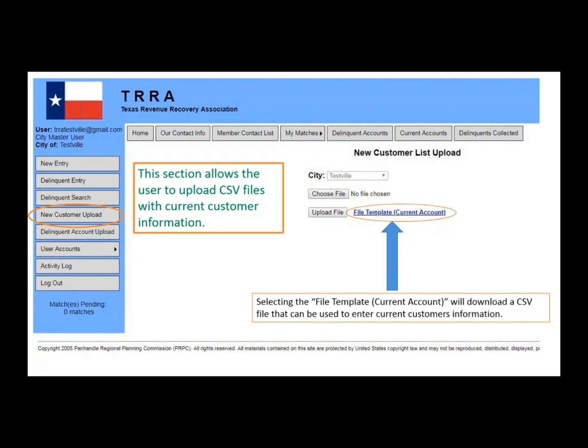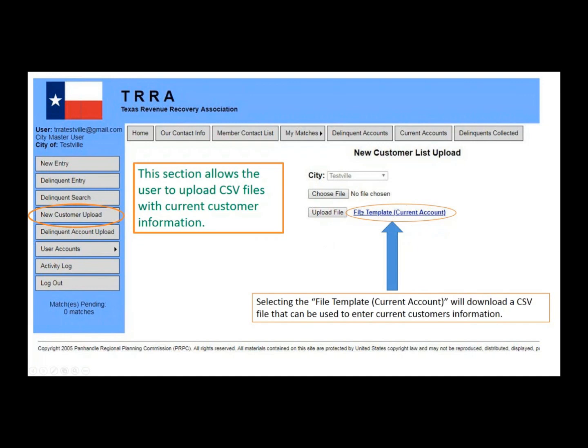It has to fit a certain format. And if it's out of line on any of those lines on that CSV file, it'll appear on this page if you select the upload file and there are mistakes. So that was one thing that we did update the last time we contacted the vendor. It helped out quite a bit. It really saves us a lot of time, and cities that are going to be doing this in the future.